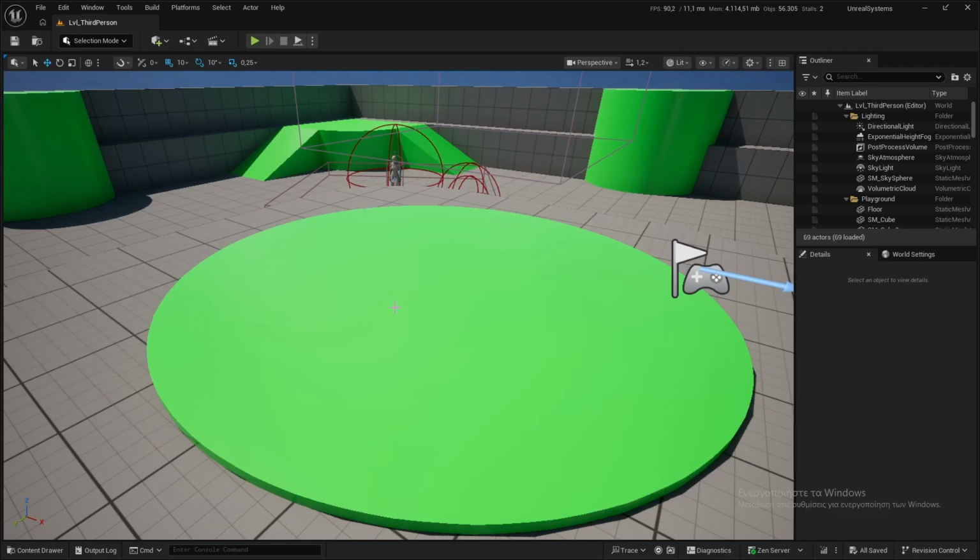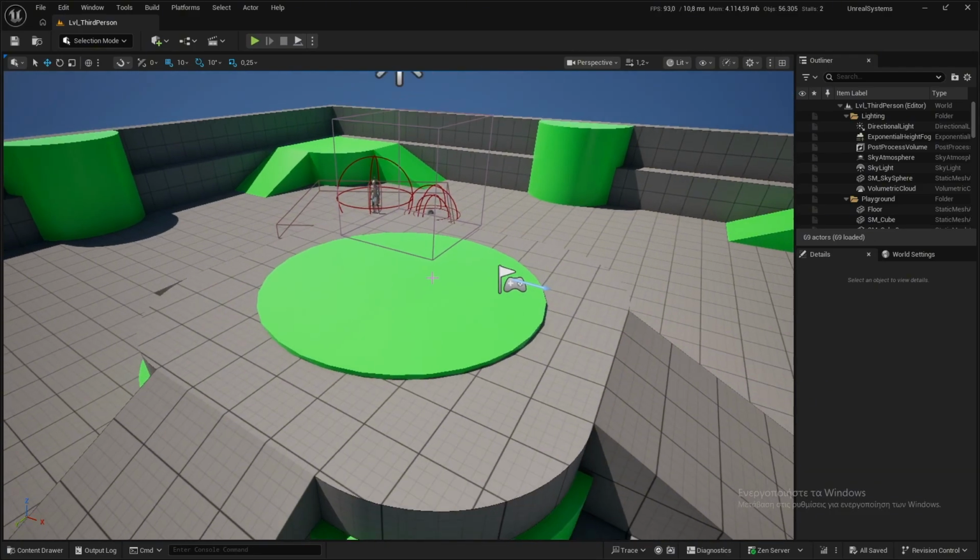Hello everyone. In the previous video, I finished the interaction system. Well, finished is a strong word, because yet I don't know with what items or with what NPCs I will interact. All I know is that I want to make an inventory system that picks up the